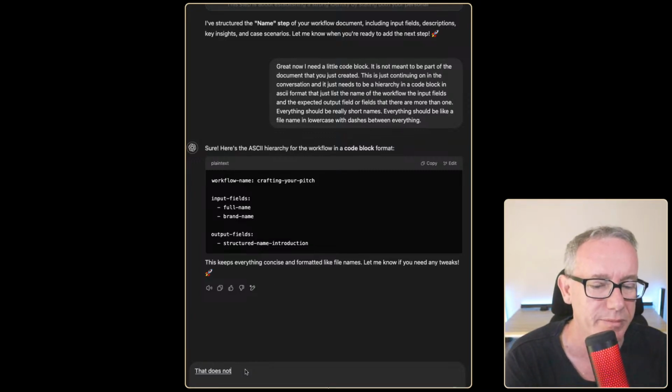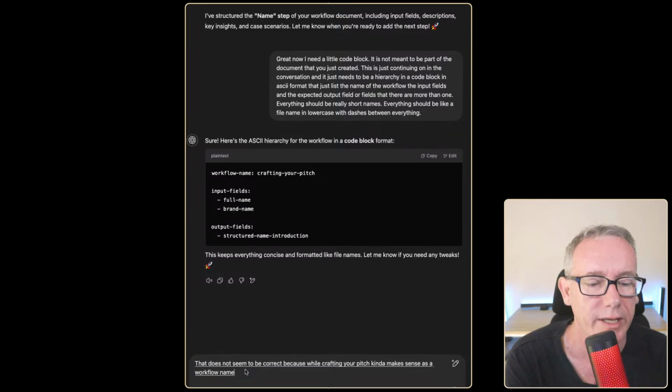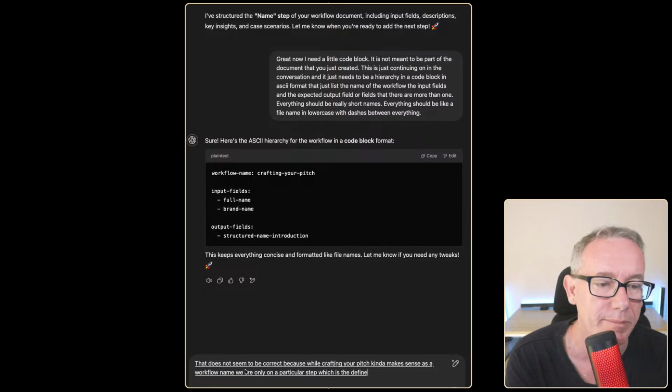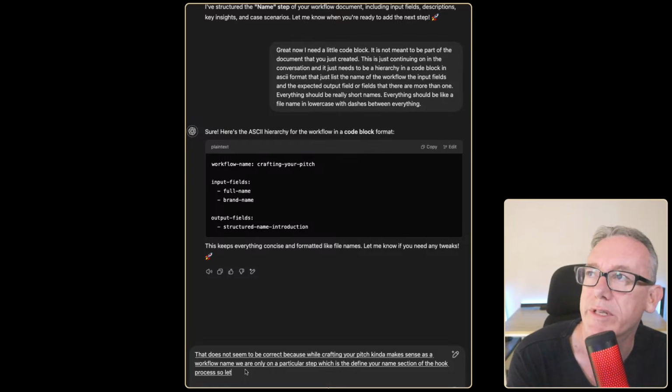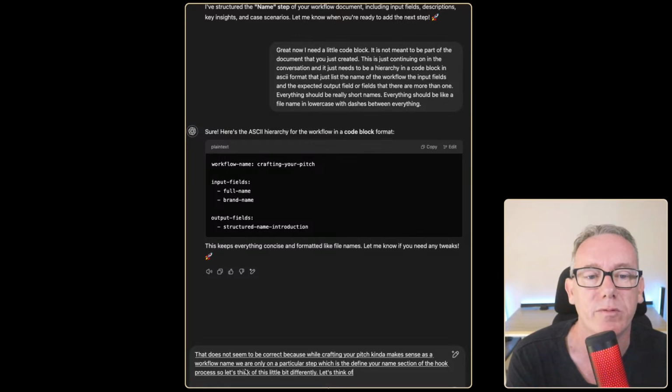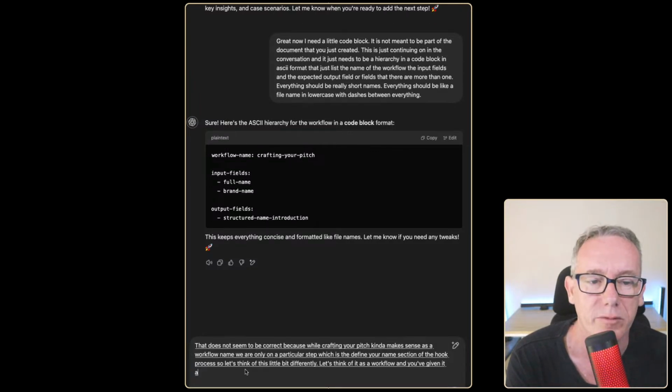That does not seem to be correct, because while crafting your pitch kind of makes sense as a workflow name, we are only on a particular step, which is the define your name section of the hook process. So let's think of this a little bit differently. Let's think of it as a workflow, and you've given it a fine name. We're good with that. And that the first step will be about